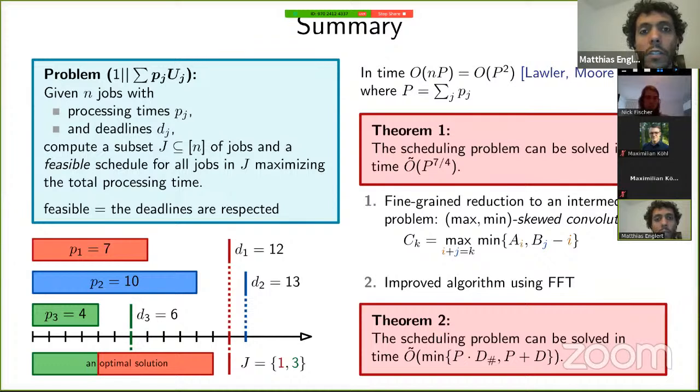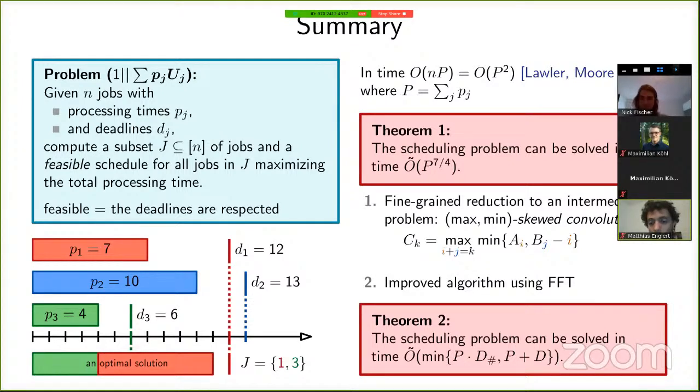Any other questions? I have a question concerning the D sharp. I think it's interesting. I just wonder whether this P times D sharp can even be reduced, because here is the product. If I consider the deadline of the different tasks, whether there's some room to reduce this to the sum of the deadlines, something like that. That's actually what the second bound does. If you take D as the sum of all distinct deadlines, actually,